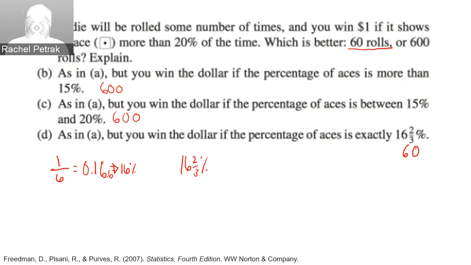The higher the number of trials, the more likely we are to get, well, I guess we would say technically, if we want to get exactly 16%, it would be 60 rolls, but